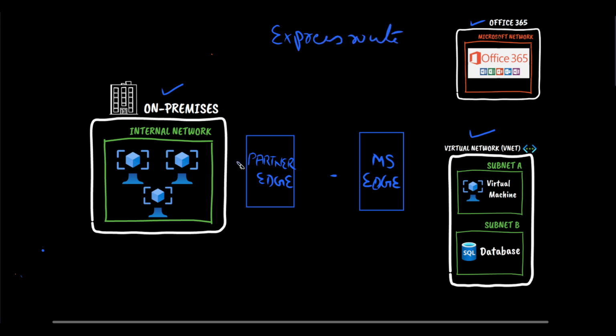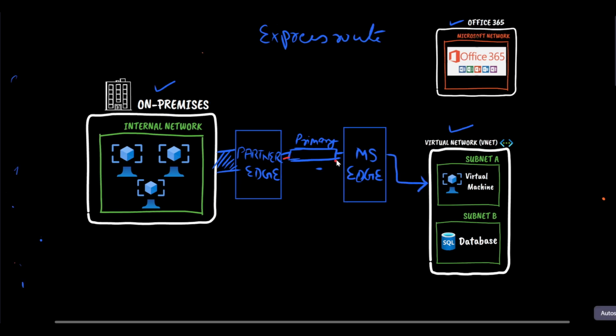Right? There is a partner edge, and then there is a Microsoft Edge. It creates an express route circuit between these. So this is a primary express route circuit, and it creates a connection to that, and that connection connects with the virtual network. Then the second part of this primary circuit will let you connect your on-premises network with the Microsoft Office 365